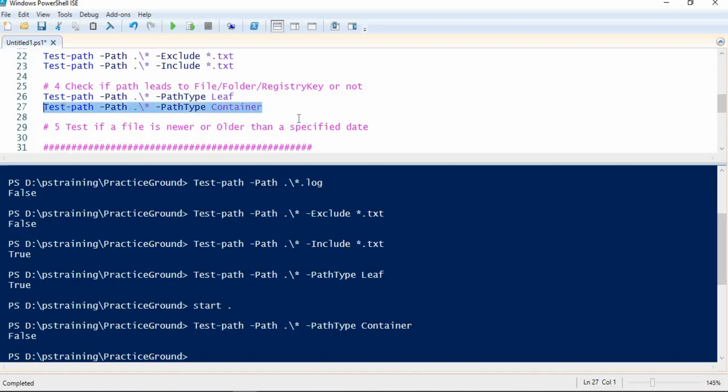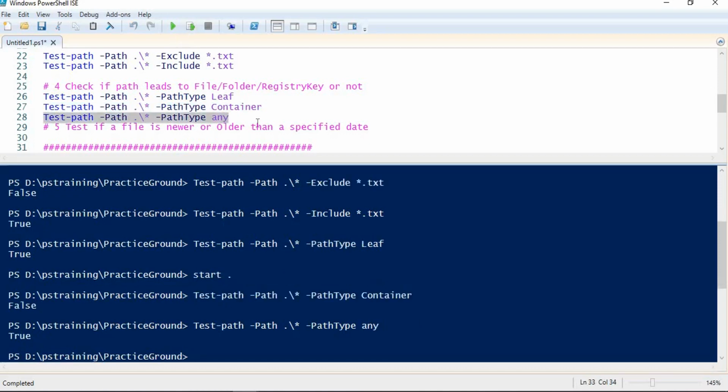Next example is whether I want to ensure that any file or folder is the end component of my current path. So I can use any. If my current folder has any file or folder, I will be getting true. Any means file or folder, both are considered. In this way I can check, yes, my current folder has either file or folder as the end component.